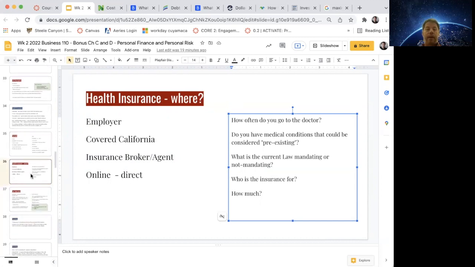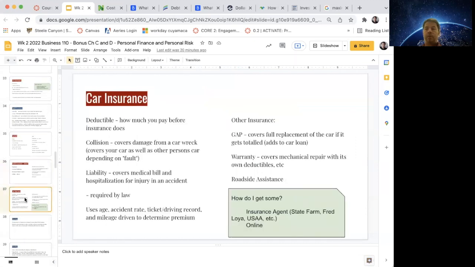Okay. So really keep in mind that this is really important for health costs that you just can't save for. Like a normal doctor's visit is $80 or $100 versus the $10 if you had a copay. Going to the hospital is very expensive. A ride in an ambulance is $3,000 to $7,000 just to get in the ambulance and go to the emergency room. Okay. So that's what health insurance is for, because especially if you don't have an emergency fund that can handle some of that, you've got to have the health insurance for it. All right. So it's all about managing risk.